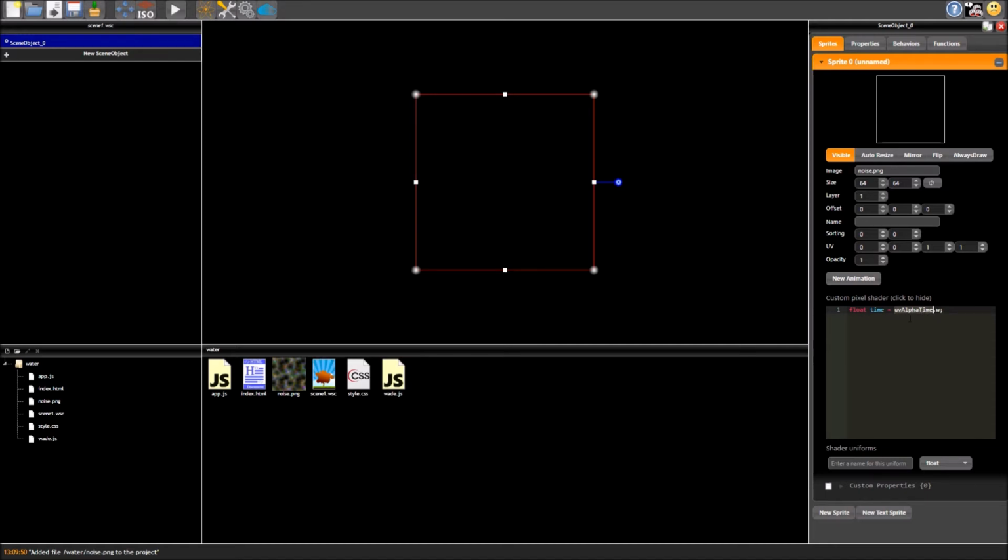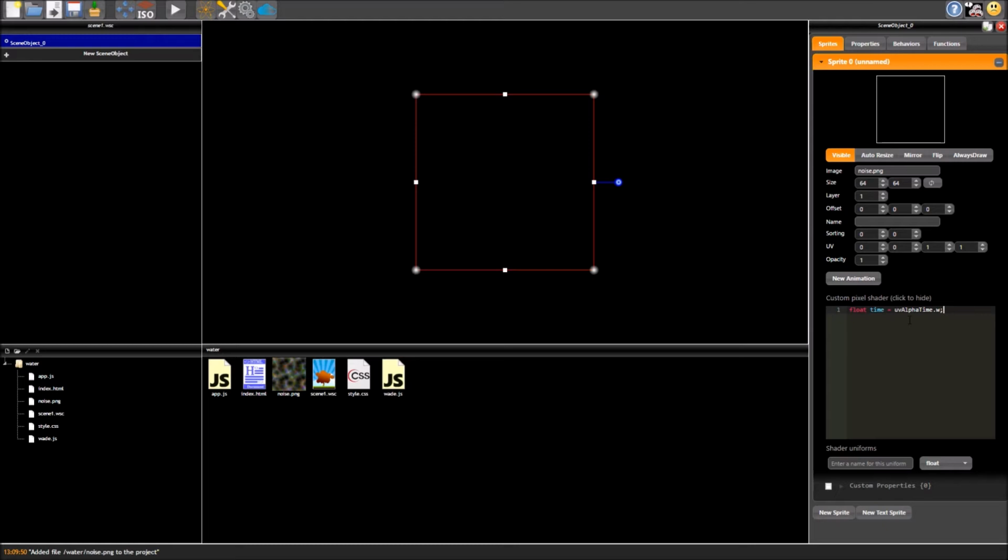X and Y, as you might expect, are kind of where the pixel is in the image. So if it's the very top left pixel of the image, X and Y will be 0, 0. If it's the very bottom right, X and Y will both be 1. And obviously anything in between those values is a decimal. And those are the UV coordinates. So that's the first part. Z is the alpha, the current opacity. We're not going to be using that in this tutorial though, so we'll just skip straight ahead. W, like you can guess based on this assignment, is the current Wade app time.